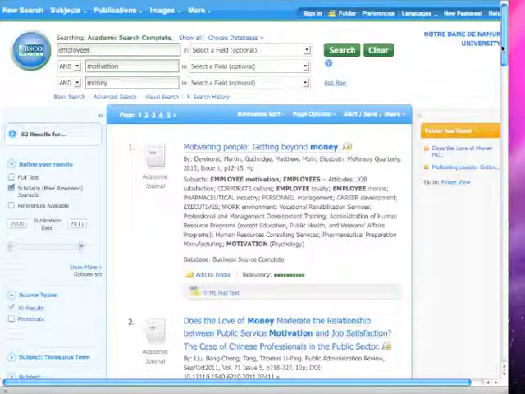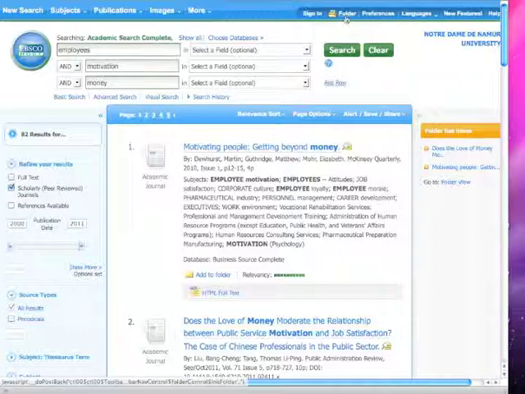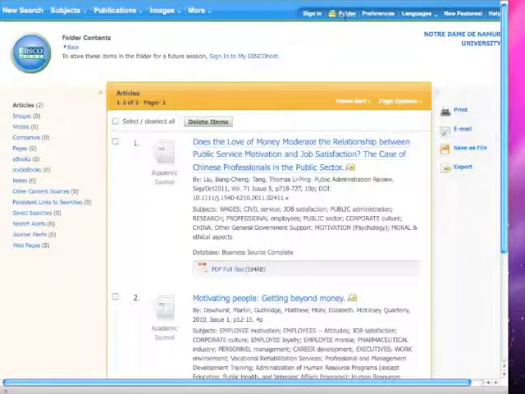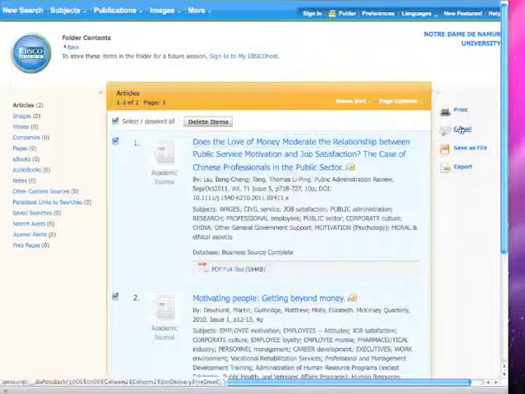It's very important that before you close EBSCO, you save all the articles that you want to keep. So you open up your folder, because once you close EBSCO, it'll forget about your search and all the articles you found. To save them, one of the best ways is to email them to yourself. So I'll select all, hit the email button,